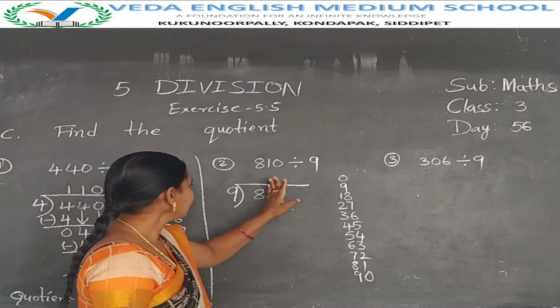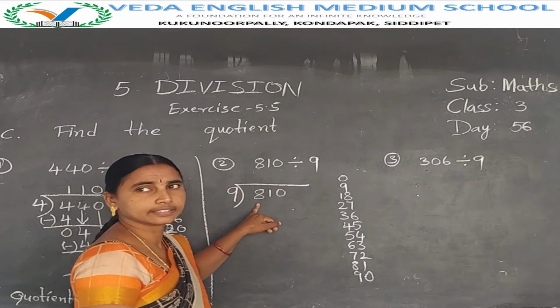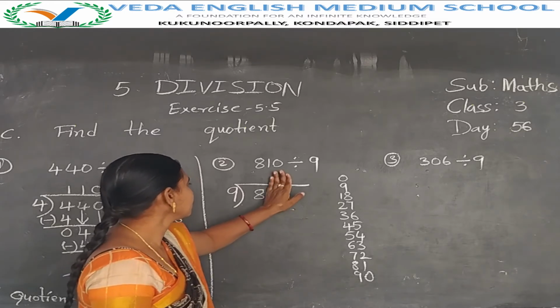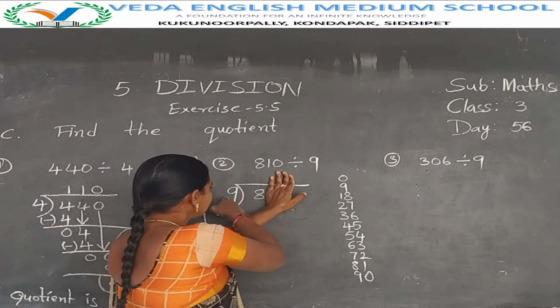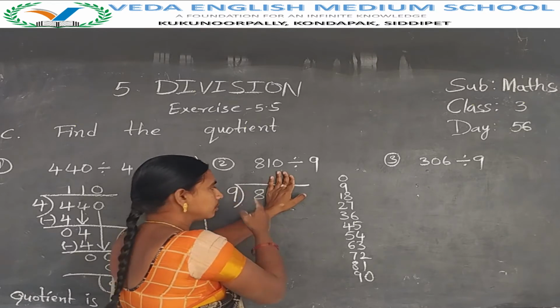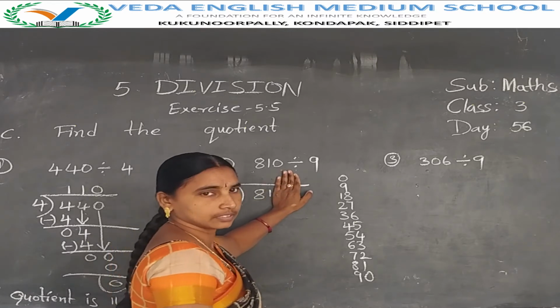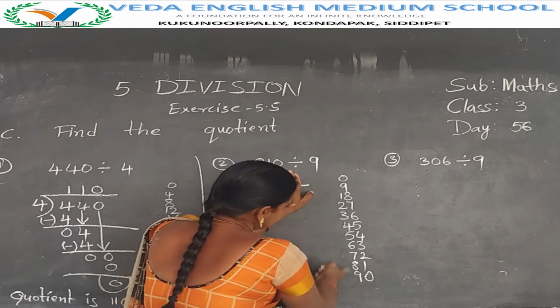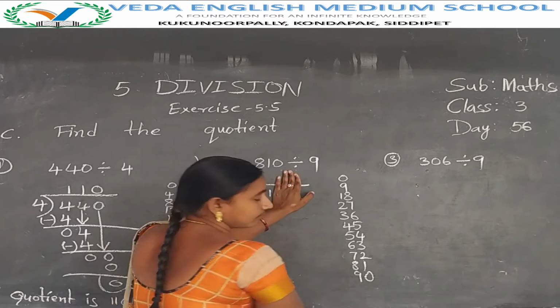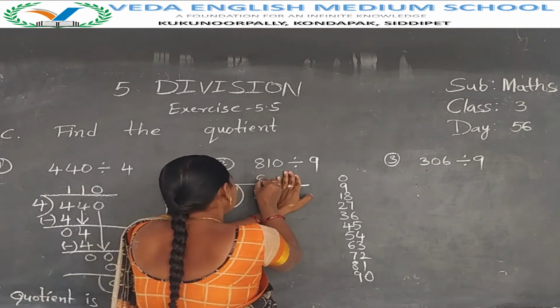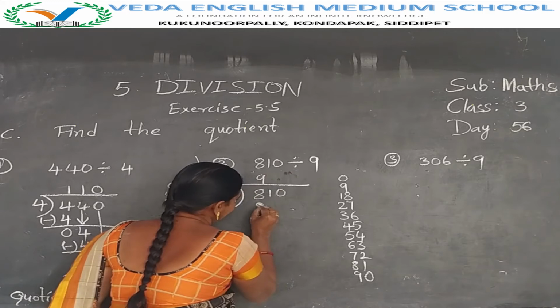See Nana, here now take 2 digits. Here given 3 digit number, but here we take 1 digit first. Here 8 is below 9. So don't take 1 digit. Now take 2 digits, that is the 81. 81 find out in this table. 9 nines are 81. 9 times 9 is the 81. So 9 nines are 81.